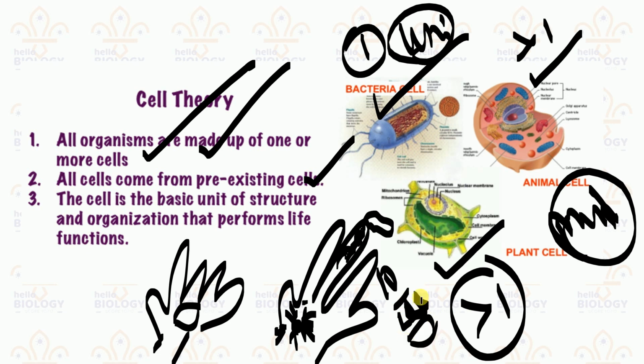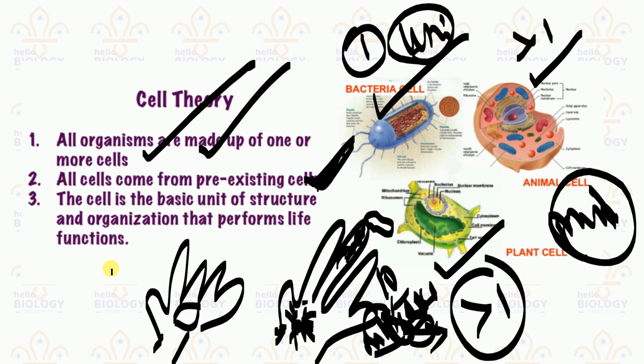Why? Because a tooth will give another tooth only. Understood? If broken, we cannot do anything. Only two types of teeth are there: milk teeth and permanent teeth. When milk teeth are gone, permanent teeth will come. When permanent teeth are gone, we cannot get natural teeth again. We need to get artificial teeth from hospitals. So the second one is also accepted. All new cells will come from pre-existing cells only.